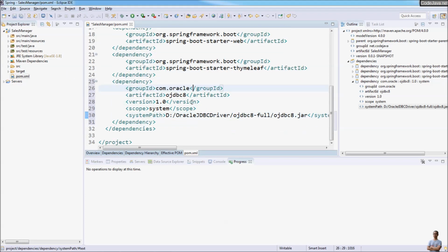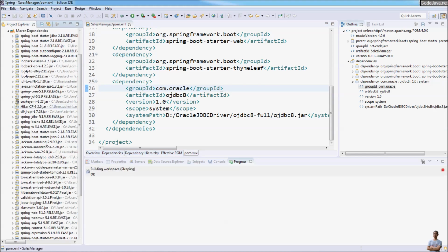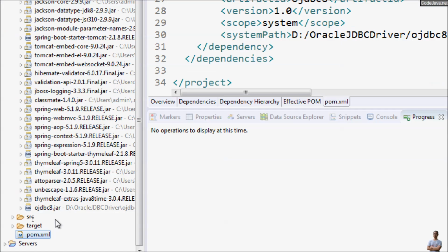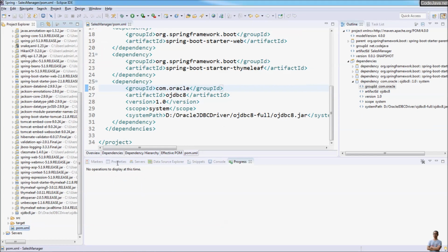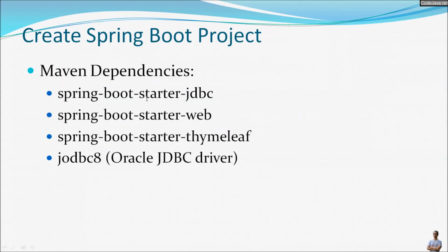Then save the file, and here we see the jar file for JDBC appears here. You see,